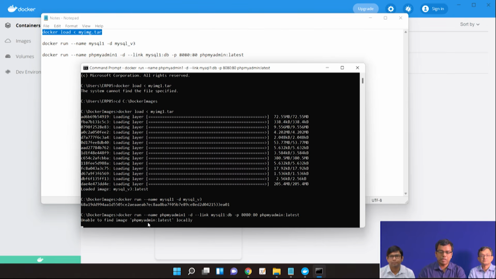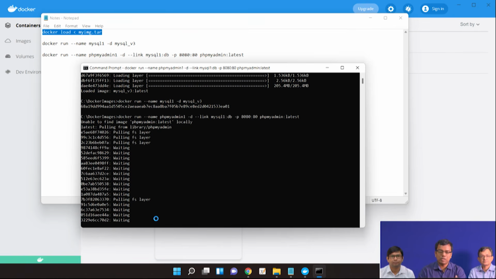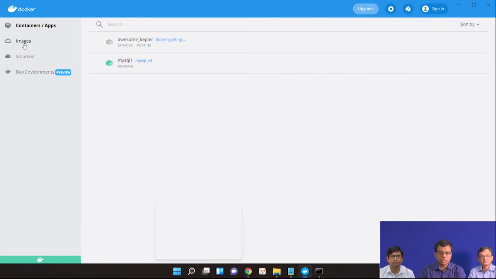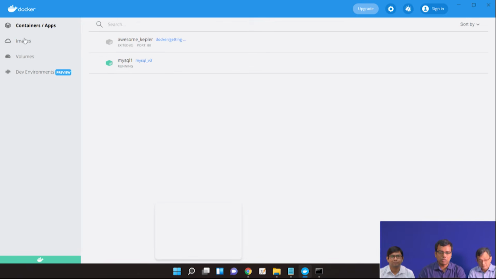As the phpMyAdmin package is not available locally, it will first check locally, and if it is not found, only then will it go for downloading. Here you can see that there are two images. Now the third image will come, and the third container will also appear as running.